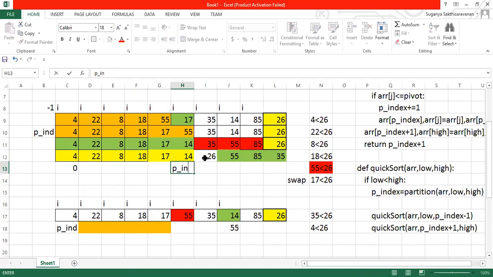This is your p index, right? So p index minus 1 is your left array, followed by your p index plus 1 till your high value. So this is what I'm passing, and this quick sort is going to happen recursively.